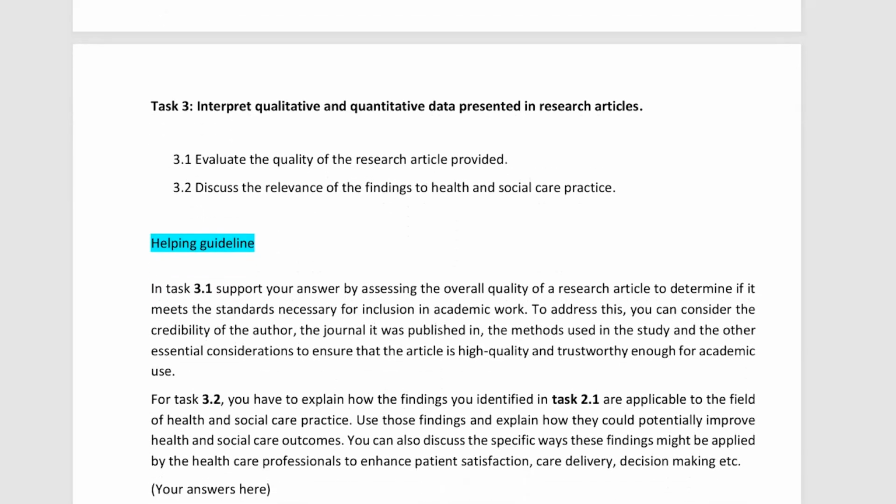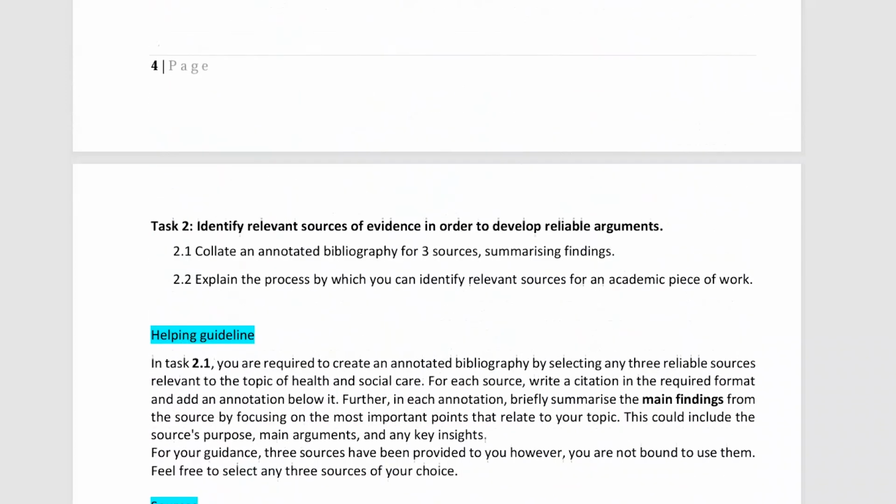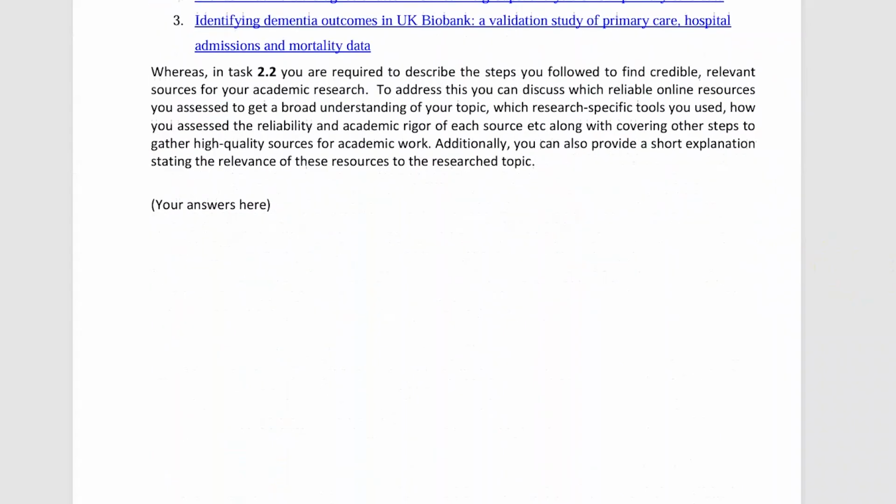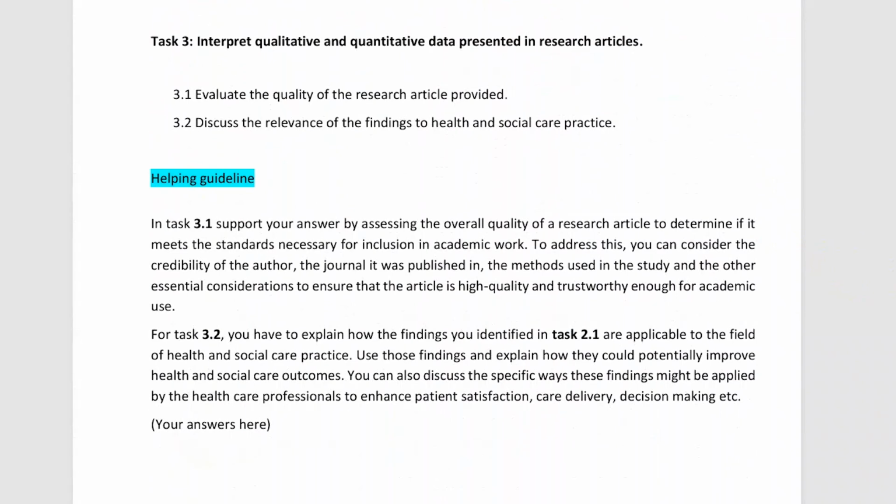And for assessment criteria 3.2, you need to discuss the relevancy of the research findings that you identified against assessment criteria 2.1. So you have to make sure that you use these research findings against assessment criteria 3.2.